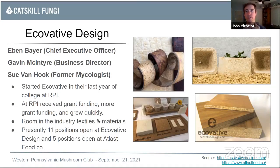They were growing mushrooms in 5-gallon buckets in their dorm room, and they realized that these things were really good at binding things together. So they decided to create a product to bind things together. They created a replacement to styrofoam, which you can see on the top right there. That's basically mycelium growing on